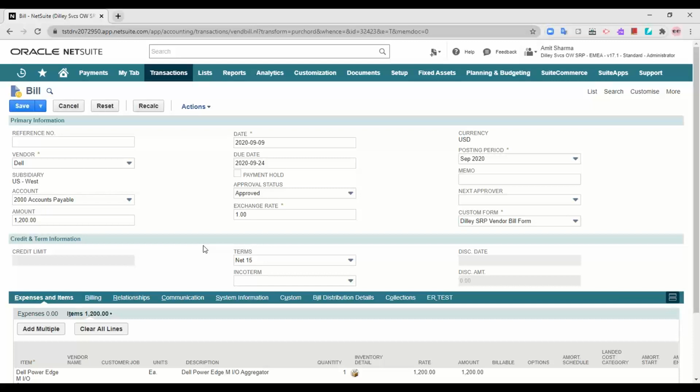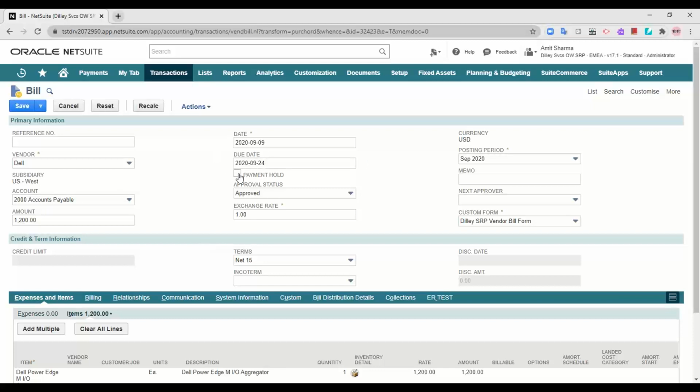Paying or not paying is secondary, but the primary part is that you create a GL impact so that this transaction affects your general ledger. So the best practice is to book all the vendor bills with the approval status as approved, so that the general ledger impact is immediately marked.